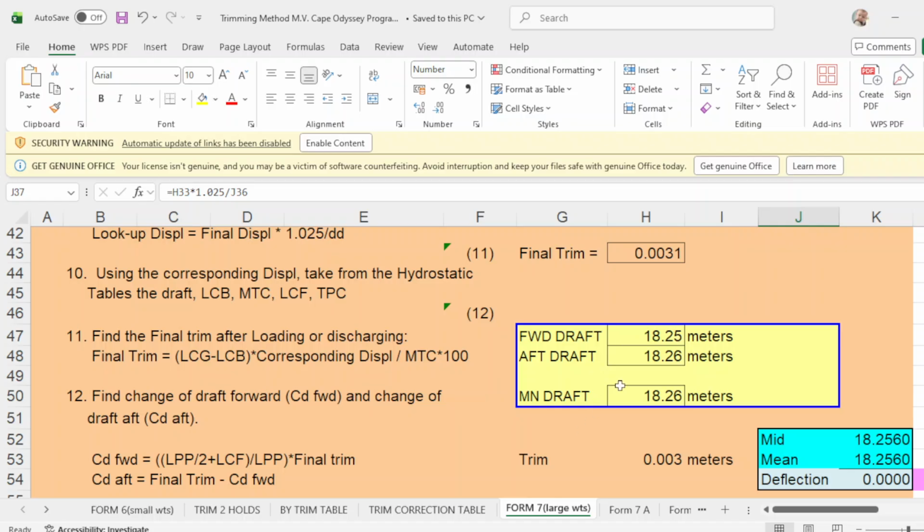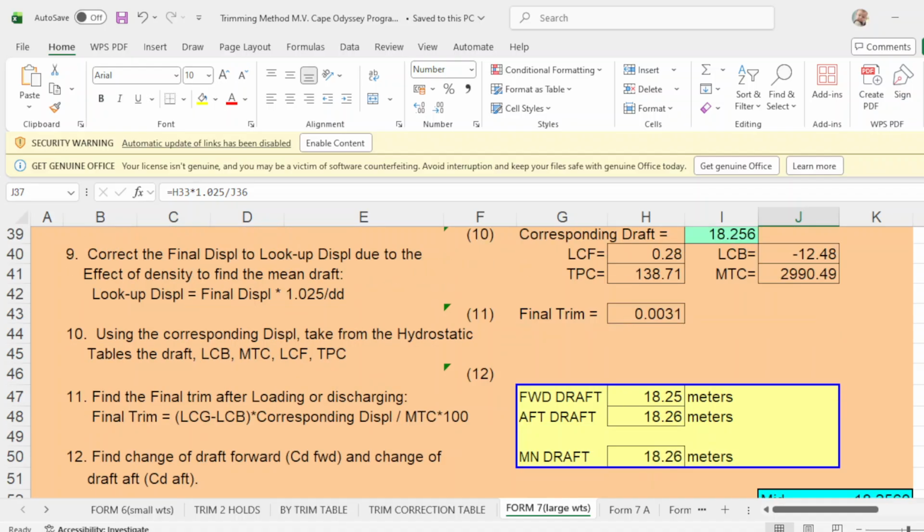Your arrival draft should be even keel. So you have zero trim, forward and aft is 18.26. So this should be 18.26. Then you have a zero deflection here. Okay. So that is the reason why we put additional 500,